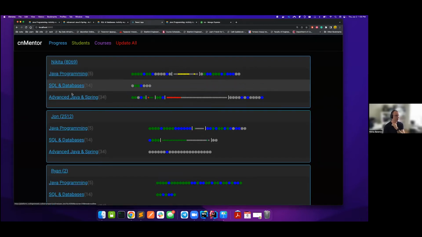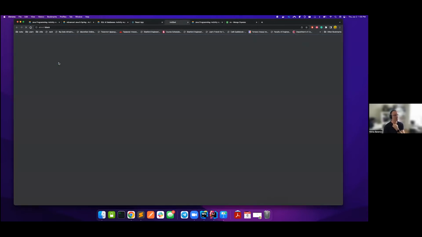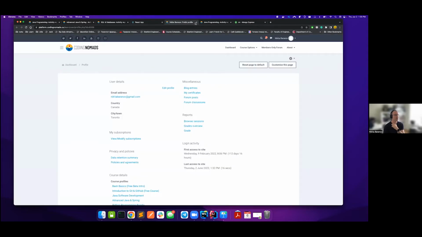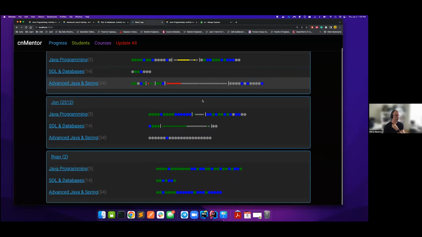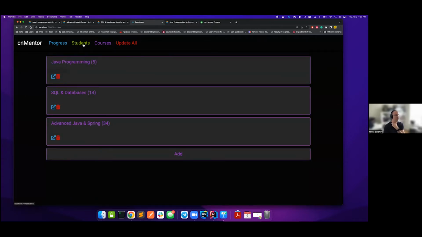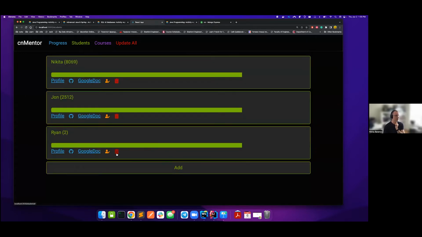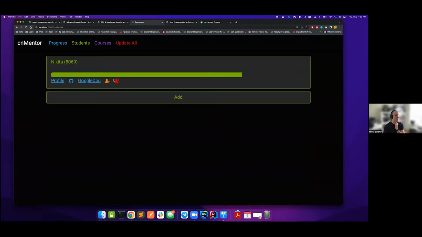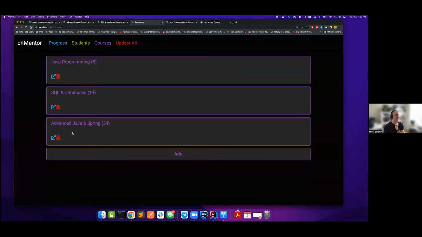Yeah, and so it's for all the courses. This one will bring you back to the student profile. Yeah, and that's pretty much it. So here, we can also just delete students and or courses, and it will be